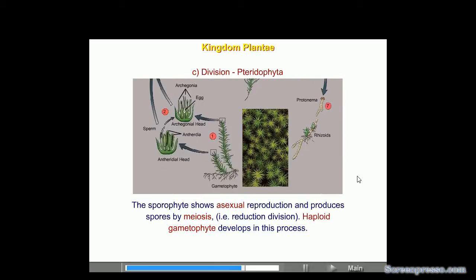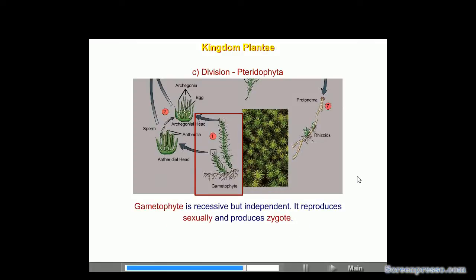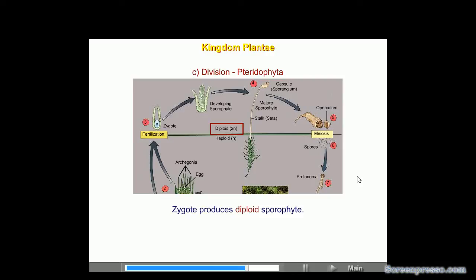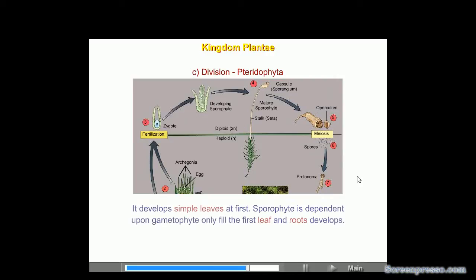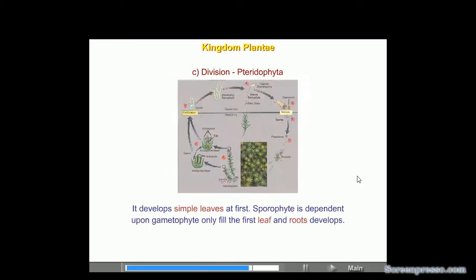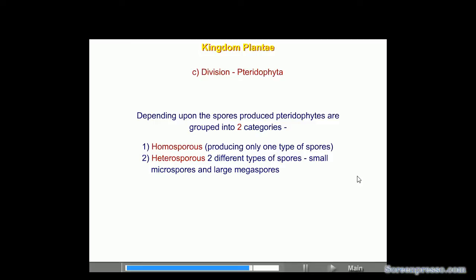Haploid gametophyte develops in this process. Gametophyte is recessive but independent. It reproduces sexually and produces a zygote. Zygote produces a diploid sporophyte. It develops simple leaves at first. The sporophyte is dependent upon the gametophyte only till the first leaf and roots develop. Depending upon the spores produced, pteridophytes are grouped into two categories: